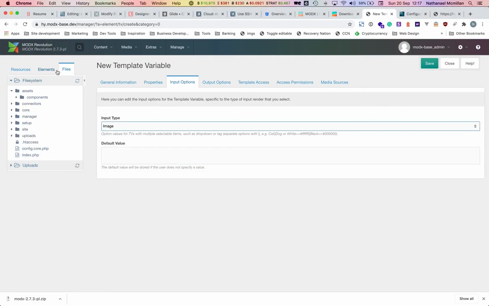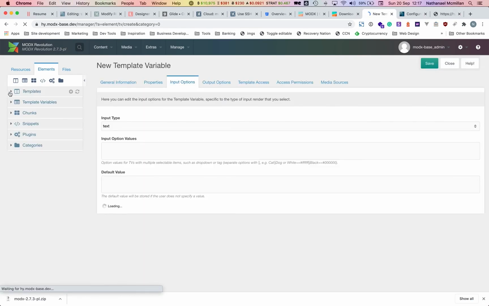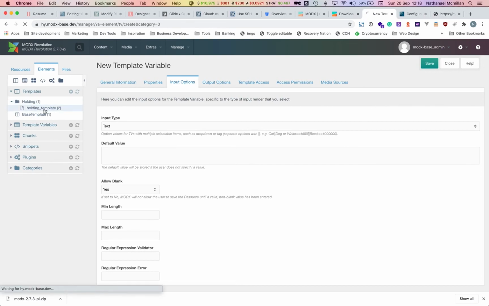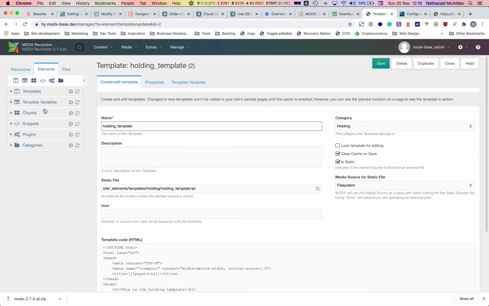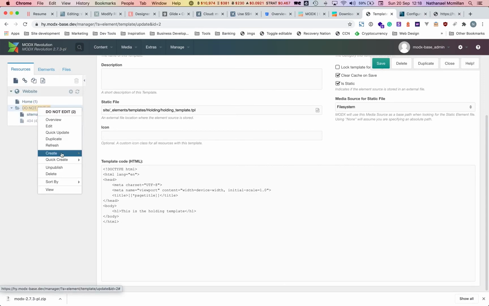Now, when we go back into our templates and hit refresh, ElementHelper will now generate out that holding template. That holding template is now free for you to use, and everything will work. Same for chunks, same for snippets, same for plugins. In here, we can create a